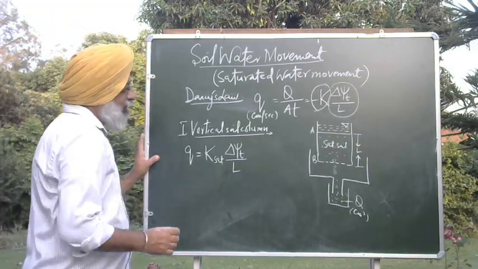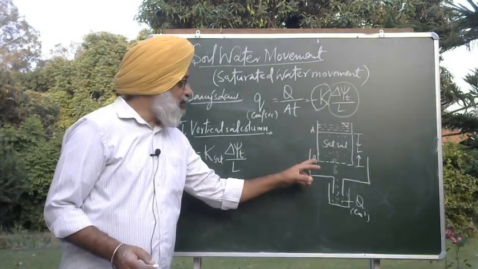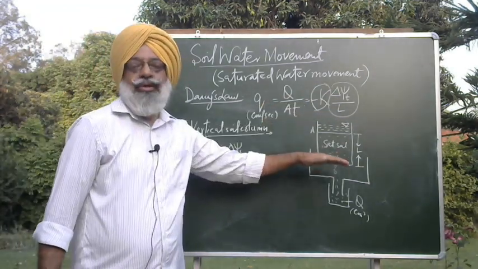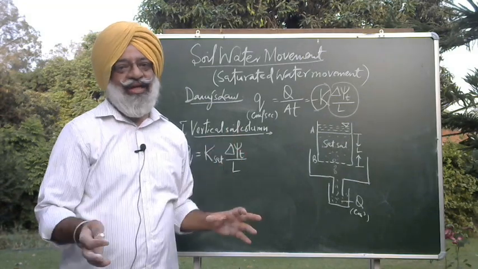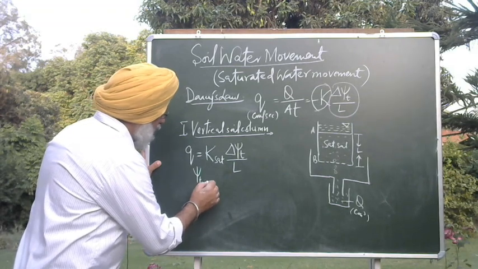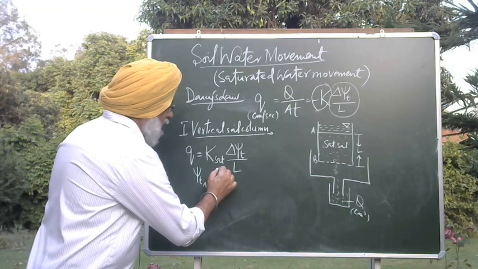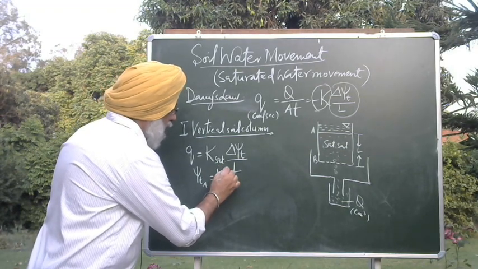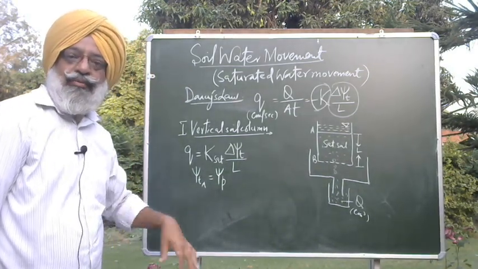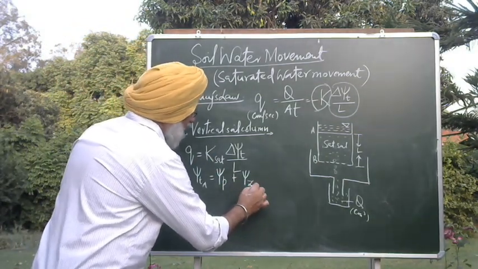Now we have to calculate in this case what is the total soil water potential at A, what is the total water potential at B. And here we are assuming that the solute content in the whole of the soil column is similar. It's not varying. So we are negating that solute content. So here the total soil water potential at A will be equal to, now, pressure potential. Instead of matric potential, it will be pressure potential, because it's a saturated soil, plus gravitational potential.